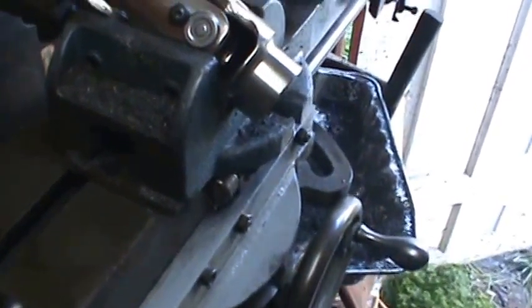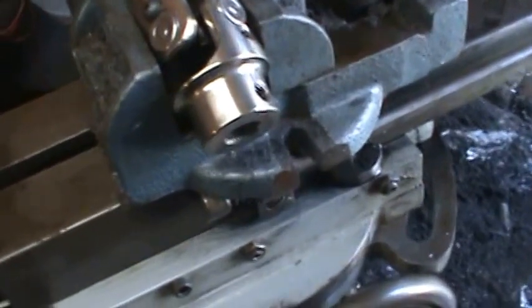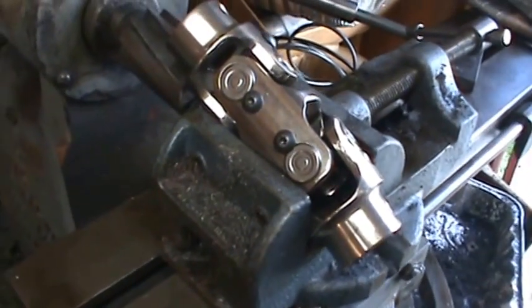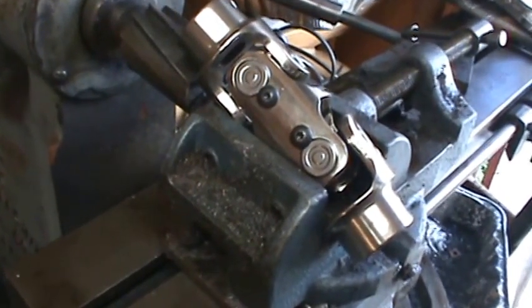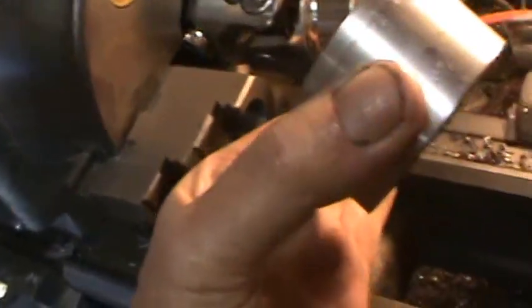I guess the first thing would be to try to get this end bored out, but anyway, that's a bit of a project. I've got some stuff to do today, so I won't get started on that right now. Alright, I think I solved my situation. This fits into the four jaw about that far,